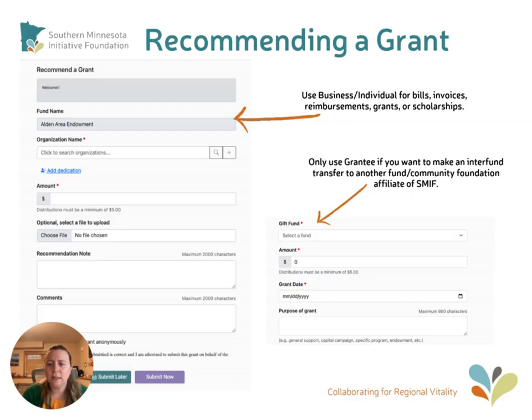Okay, let's get into recommending a grant, because this piece is pretty important. When you go to the tab that says recommend a grant, there's going to be two drop-down options. The first option is business or individual. The second one is grantee. For the most part, you're going to use the business individual to recommend getting a bill paid, an invoice paid,